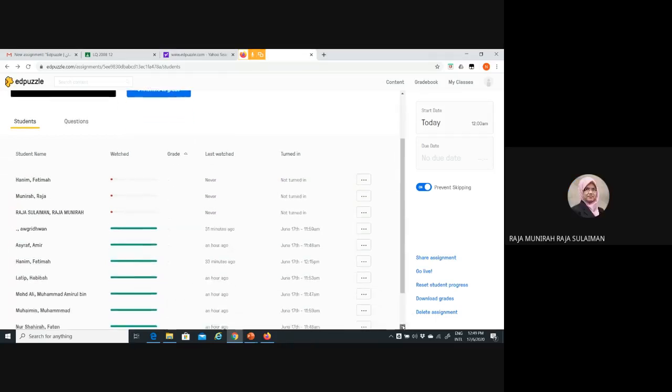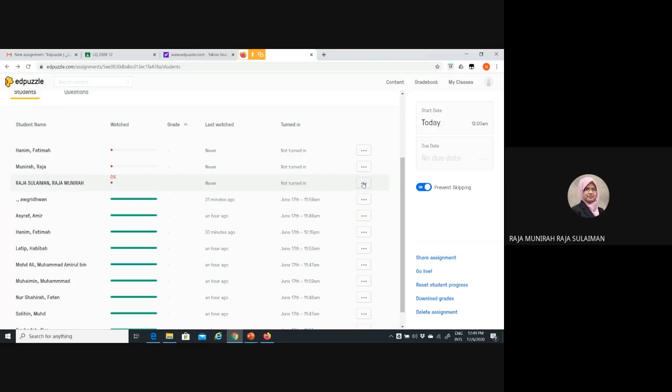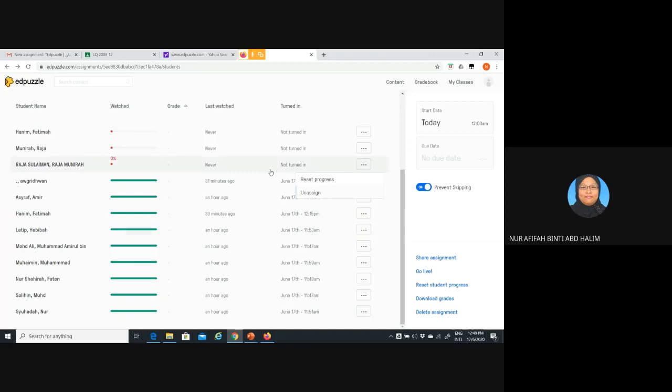For example, Kak Muni clicks this one. So we can reset by individual. Yes, Kak Muni is afraid to press this one, in case it resets everything. The big sidebar one is for everyone, and this one is for individual. Okay, thank you, Afifa. Kak Muni learned something new today.